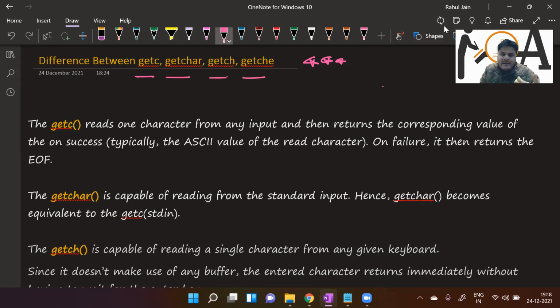In this video, I am going to tell you what the exact differences are between these four functions, that is getc, fgetc, getch and getche. I am going to introduce you to the concept of each. Thereafter, I am going to take one program for each function and compile it here itself, and show you the exact difference you are going to face while using these four functions. Okay. So without any delay, let's start.